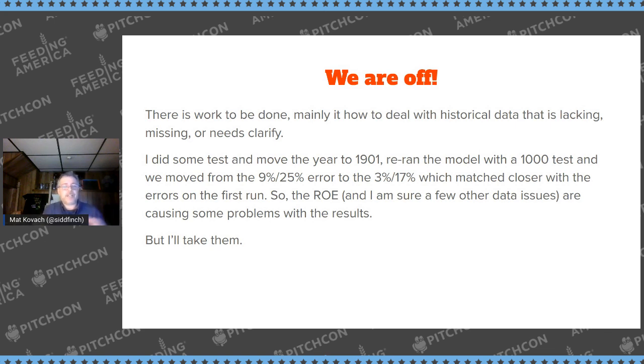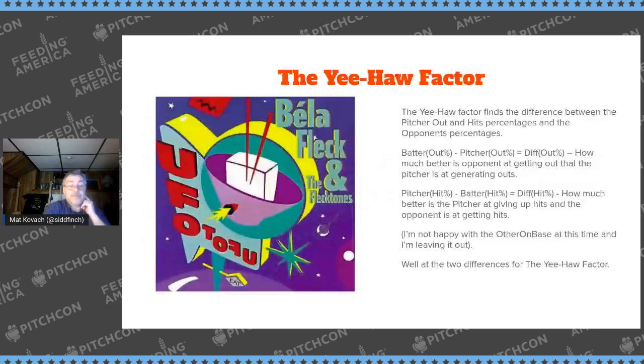And when I did that, the errors came a little bit closer. So it's obviously that data pre-1901, from 1900 back, is problematic. We don't always have all of the information there. We might not have hits for everybody. So we're going to have to go back and start skipping some things there. That's going to reduce the number of no-hitters and perfect games that we have. I still think we can use the data to do some of this, but there's going to be some things that we're just not going to be able to do because we don't have all the proper stats for it, which is one of the problems we had before.